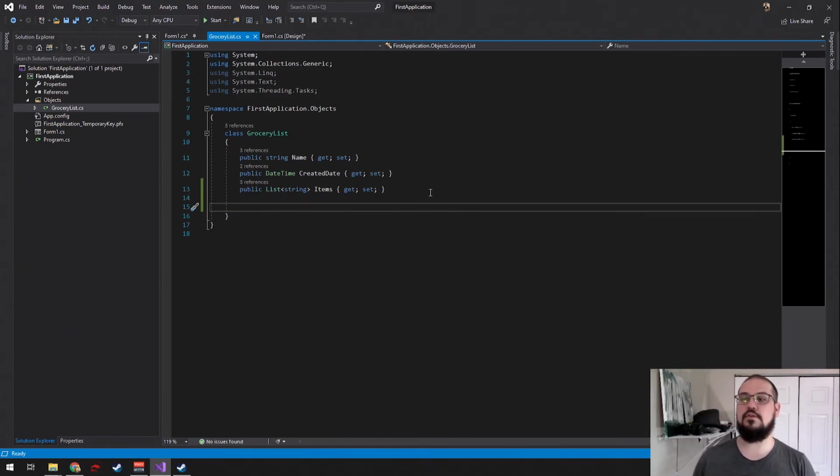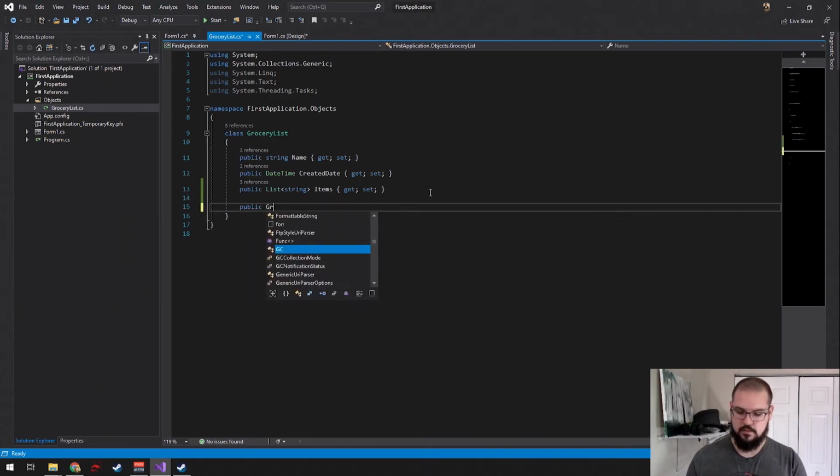So when I go to create a grocery list, I need to have what is known as a constructor. C# automatically creates a constructor, an empty one, implicitly, so you don't have to define one. But if you want to manipulate how the object is created, we can do it this way. And this is actually pretty handy because right now, and I'll show you how it can differ, but we'll do